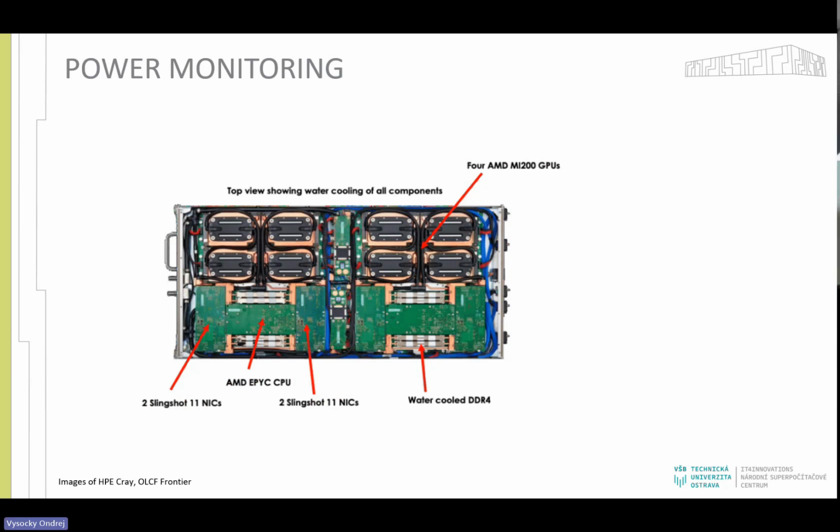So I have here a blade of various components: CPU, GPU, interconnect. In this case, that's the Oak Ridge Frontier system, number one in the Top500 right now. We have here the AMD CPUs, which we can read from AMD RAPL, so we can get the energy consumed by the CPU. We can also get energy consumed by the GPUs, which is available from ROCm, so kind of similar to